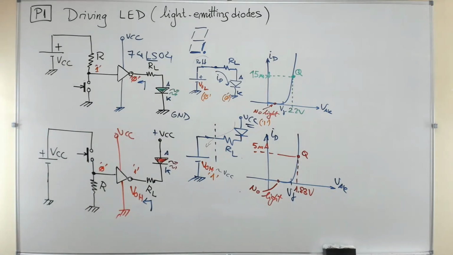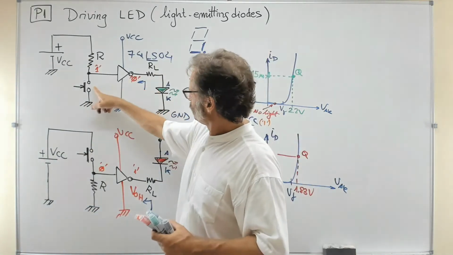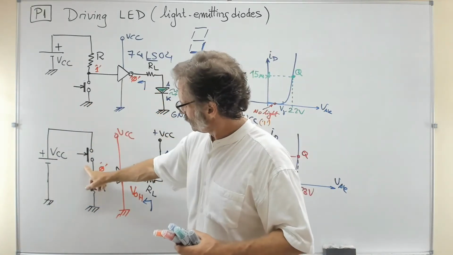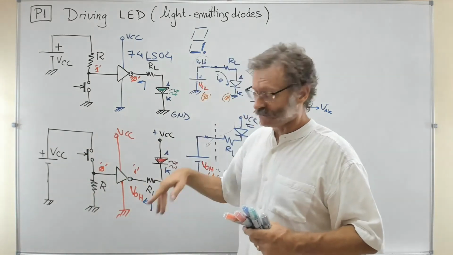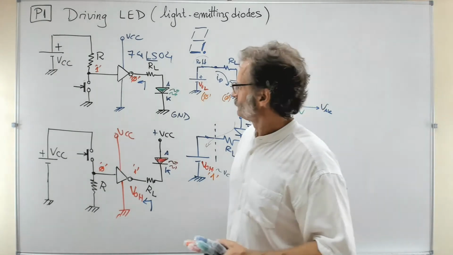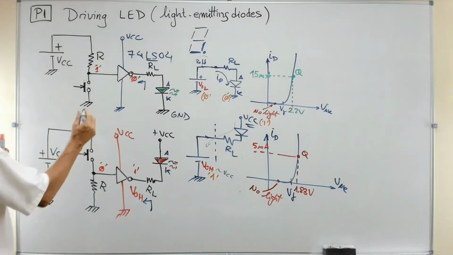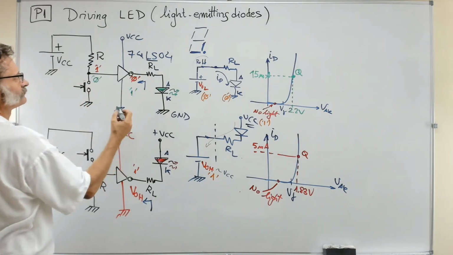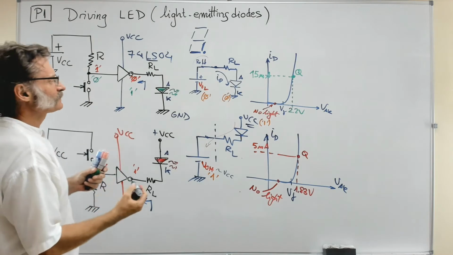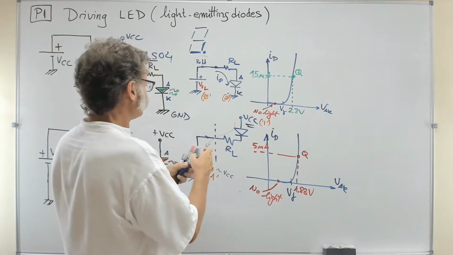But now let's imagine that you click the button, doesn't matter, in the circuit for the green LED or in the circuit for the red one. If you click, what happens? Well, if you click, look at this, you are generating a 0. The 0 becomes a 1 at the output. 1 means that now the equivalent circuit is